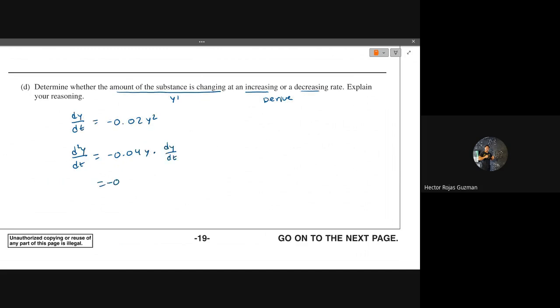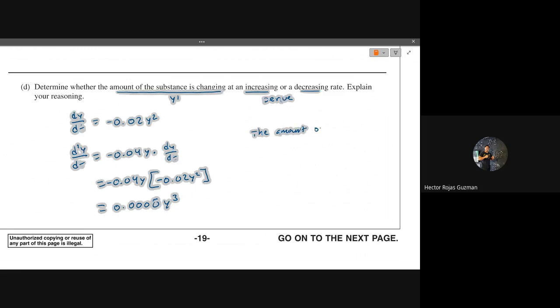And what do we know about dy/dt? Well, we know that dy/dt is negative 0.02 y squared. So if you simplify this, you're going to get positive 0.0008 y cubed. And that's always positive. The amount of substance is changing at an increasing rate